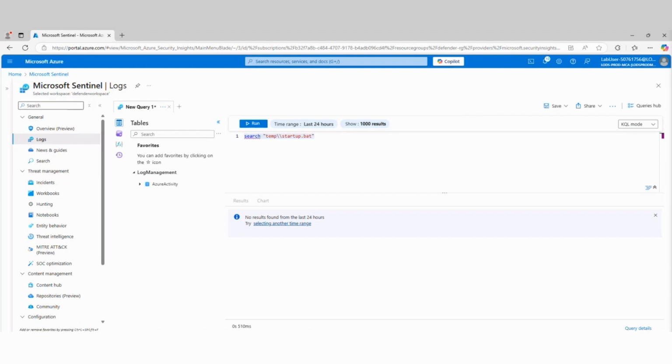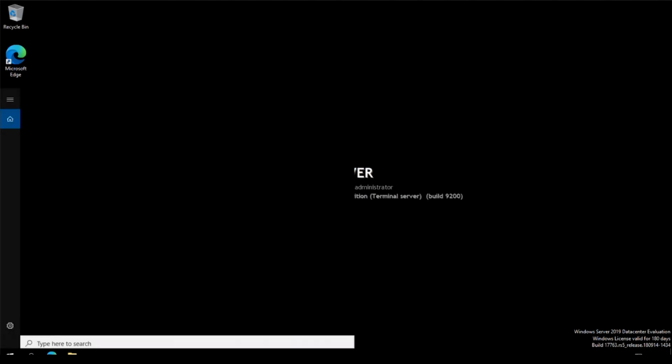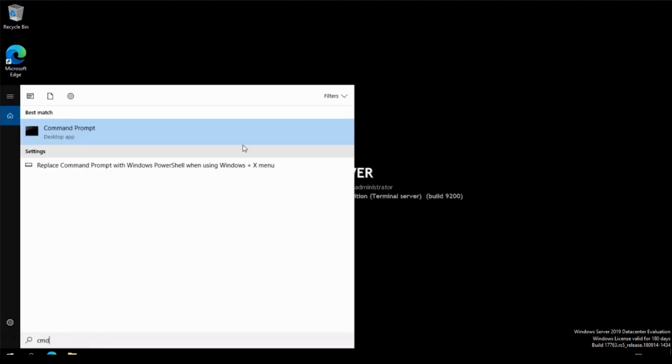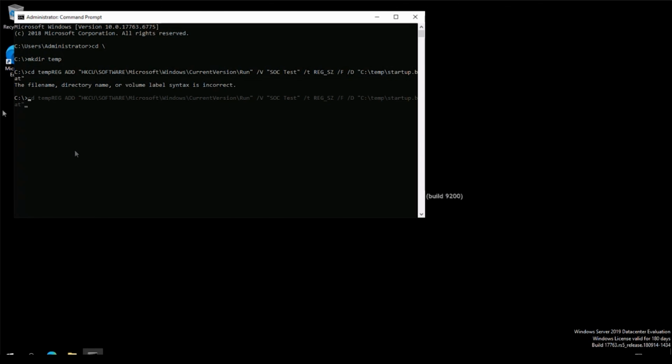So what we're going to do is switch over to our other server, and we're going to use this server to generate some attacks. We're going to open up a command prompt here, and we're going to create a new directory called temp. Now we're in that temp directory, and we're going to add a registry key. We're going to do a reg add command, which gives us the ability to go in and modify that registry key.